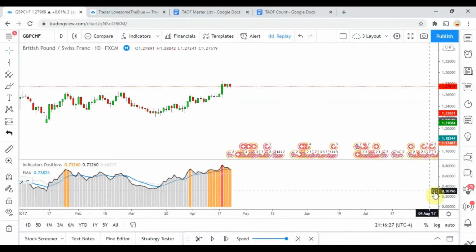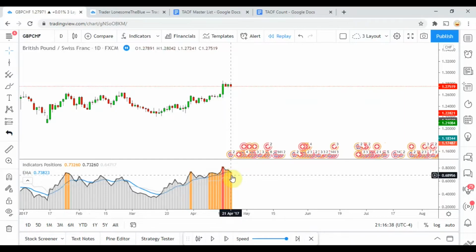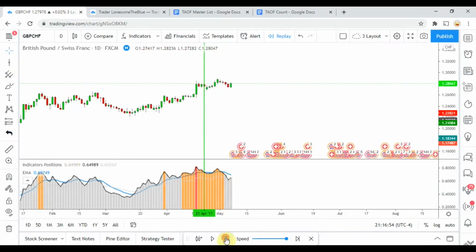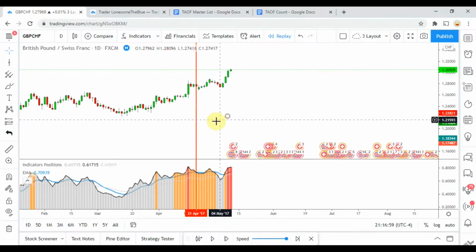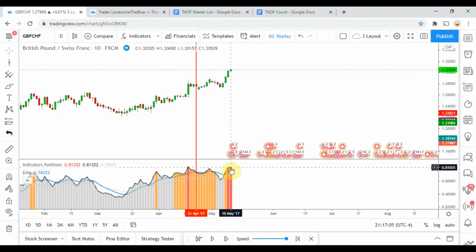All right, so we get the first signal right here. The first red column forms. Then you see the black line here comes down and has crossed, let's see, the black line is at 73.26 and it has crossed our 73.82 blue line. So this would be a signal to go short right there. Let's go ahead and play it out and see what happens. Unfortunately, that one gets us stopped out rather quickly. And then we would ignore unless it goes back into the red again.